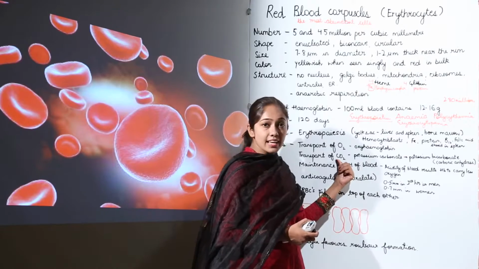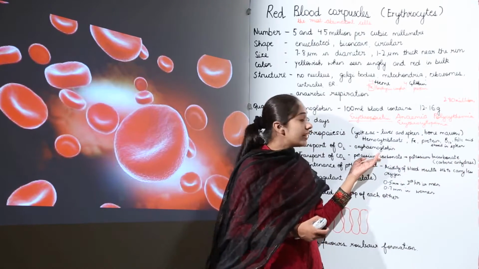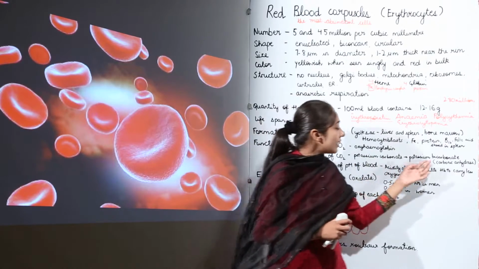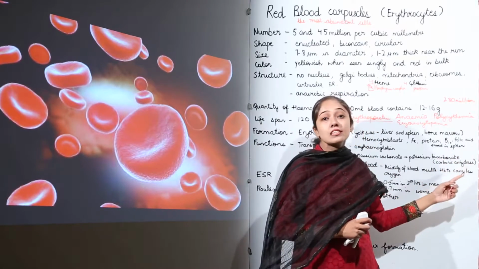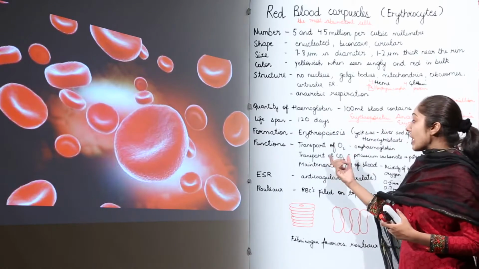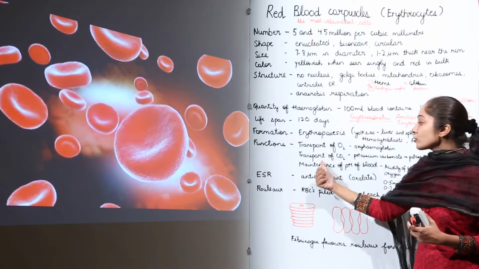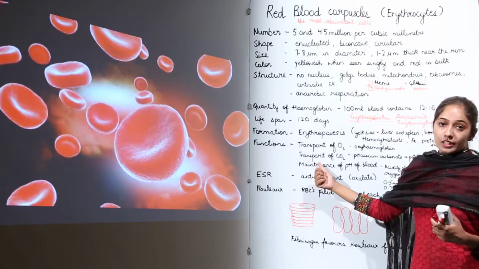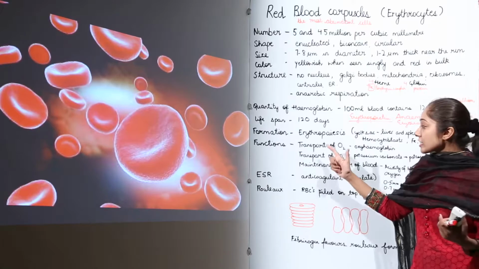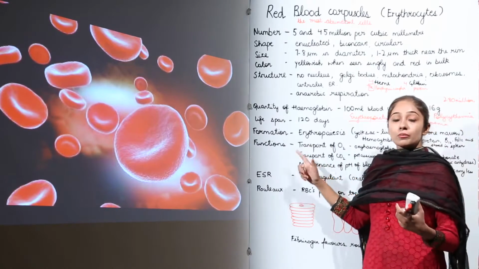The carbon dioxide, and forms what? Potassium bicarbonate. This potassium carbonate is there in the RBCs, and this occurs in the presence of an enzyme, that is carbonic anhydrase. So transport of carbon dioxide to the lungs by these RBCs is also one of the major functions of these erythrocytes or RBCs, you can say.